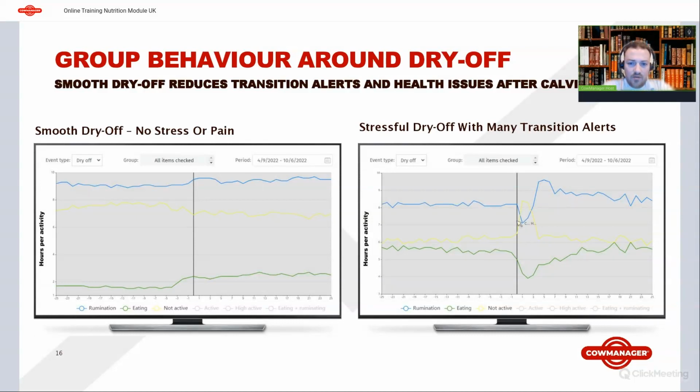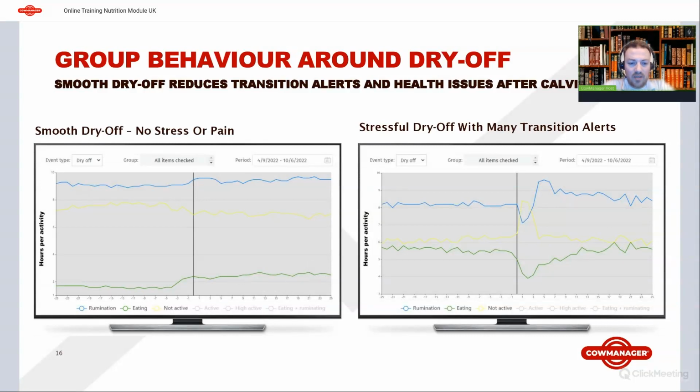You can see that there's a huge stress event in the first 7 days, but especially if you look at eating time, it takes them up to 3 weeks after dry off to reach a stable level and to reach the same level as they were on before dry off, where normally, and of course there are some exceptions, what you normally would see is that eating time in lactation is a bit lower than in the dry period,